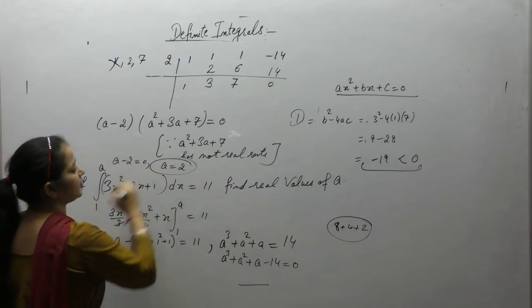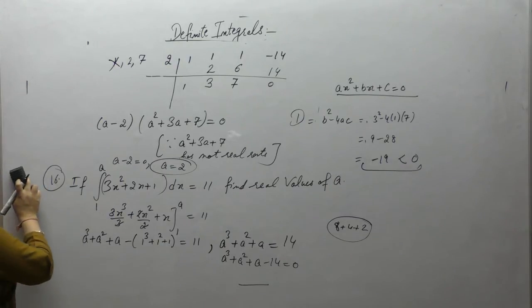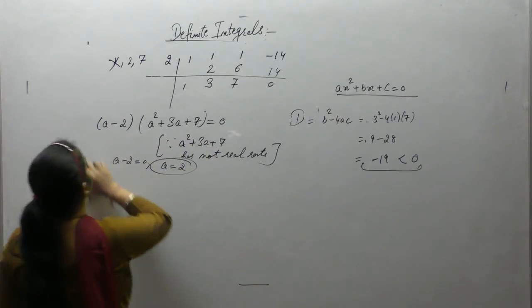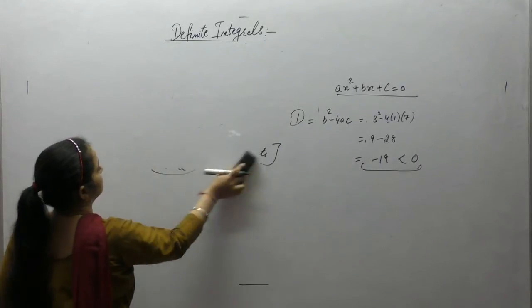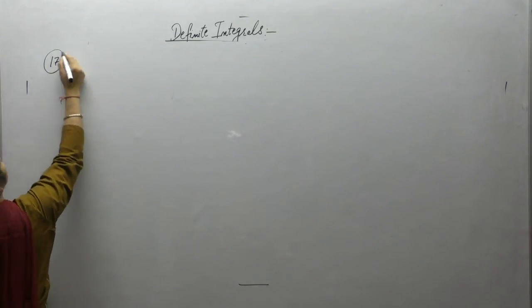That is, we get the value of a as 2. Now the next one is if in